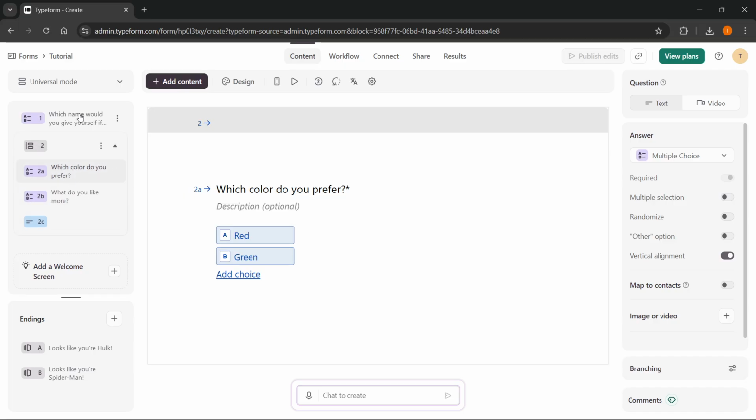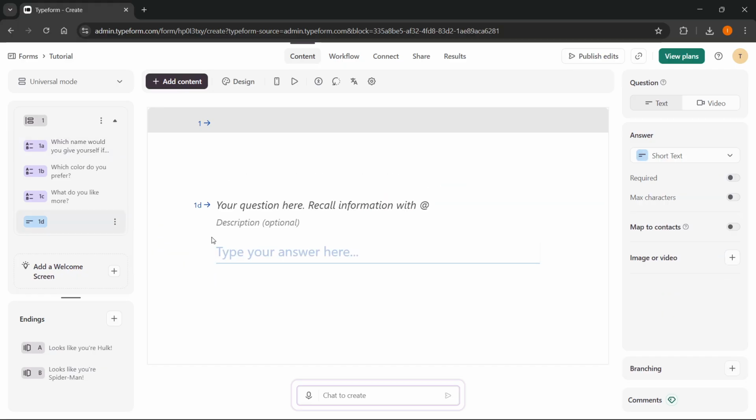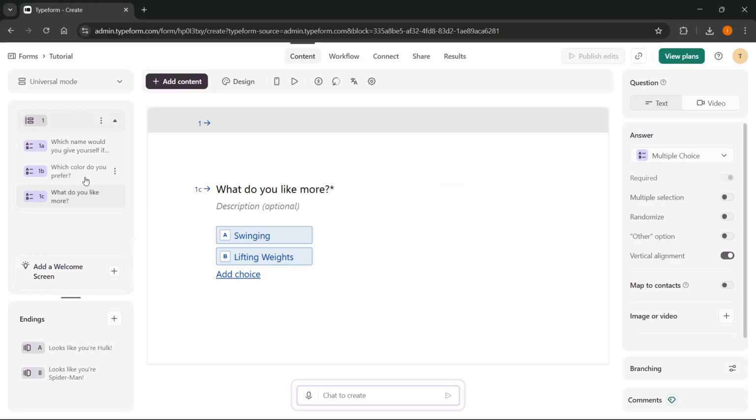So then the second one, you can just go ahead, and the third one as well. And as you can see, these questions are now inside this question group, okay? I can now go ahead and basically delete this one over here, and as you can see, I have these three questions inside one of my question groups over here, and then I can of course add another question group, etc. So that's how you basically group